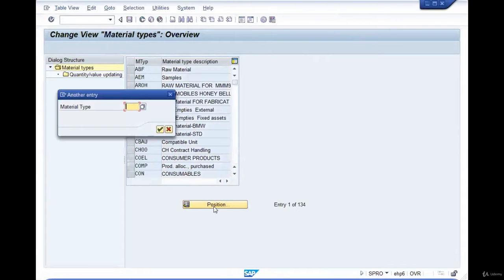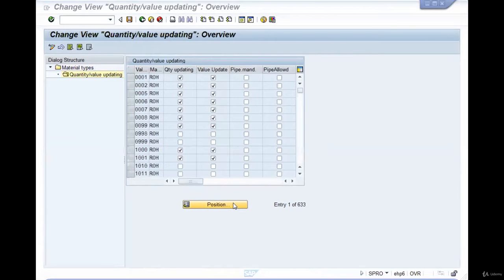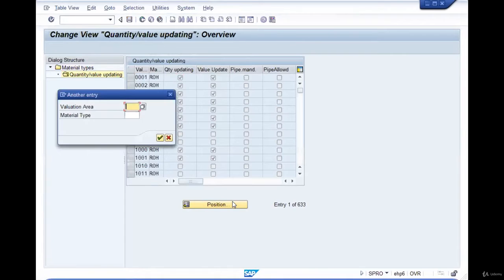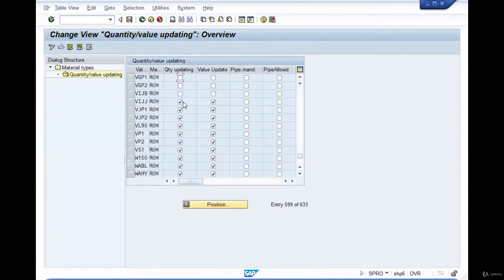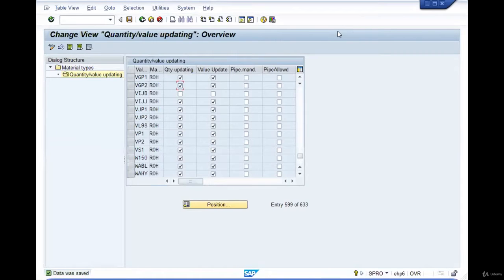Select that material type, double click on quantity value updating, go to the relevant plant and check these boxes under quantity updating and value updating for all the relevant plants and save it. Done.